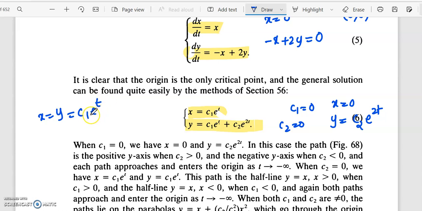Again you know that e raised to t is always greater than 0. Now there are two cases for c1: c1 can be positive or negative. When c1 is positive, x equal to y means this line, so we will be getting this portion of the line, and when c1 is negative, we will be getting this portion of the line. So the paths corresponding to c2 equal to 0 will be the two positive